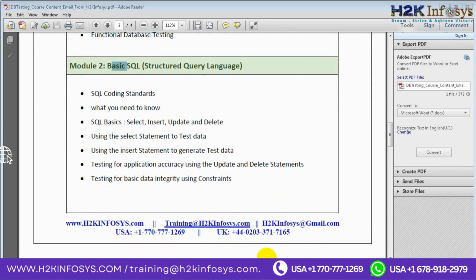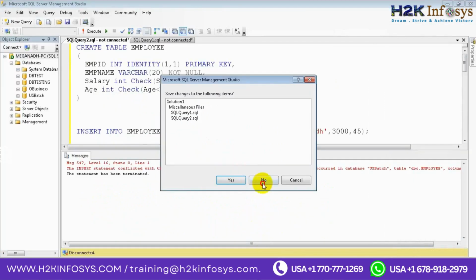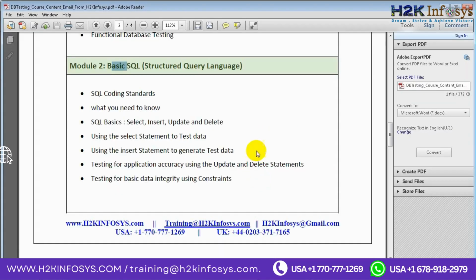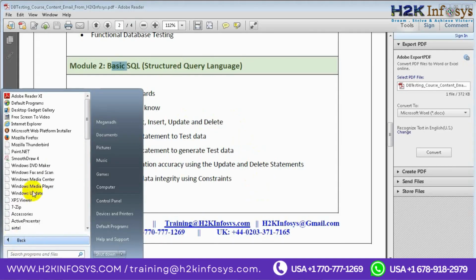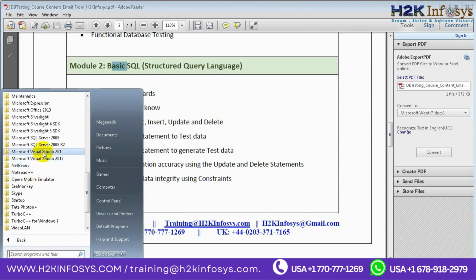Before that, let me close this. Okay, so now if you have installed SQL Server, you will see something like this: all programs, Microsoft SQL Server 2008 R2, and SQL Server Management Studio. So I'm going to select this option, SQL Server Management Studio. When I click on this,